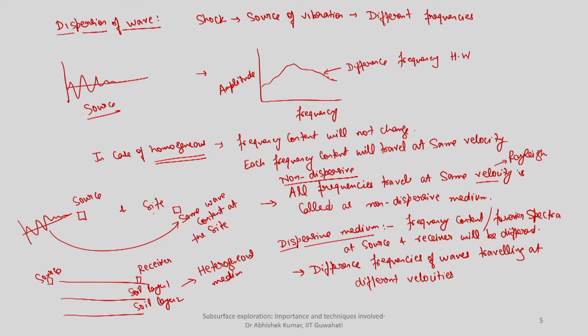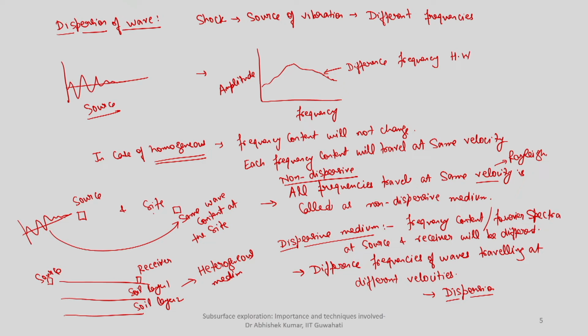So, this characteristic is called dispersion, which gives an indication that different frequencies are travelling at different velocities. And why is it happening? Because the medium is heterogeneous. When the same frequency content is propagating from one medium to another medium,